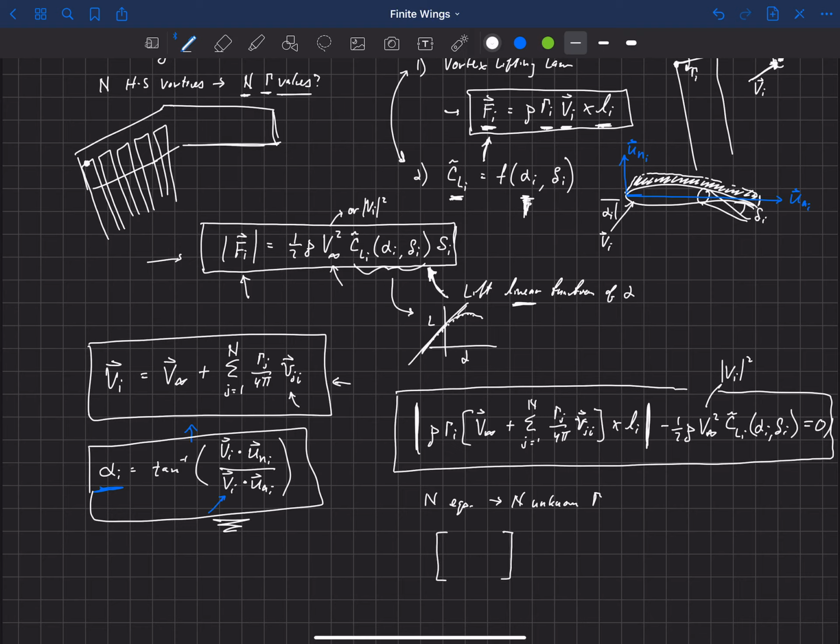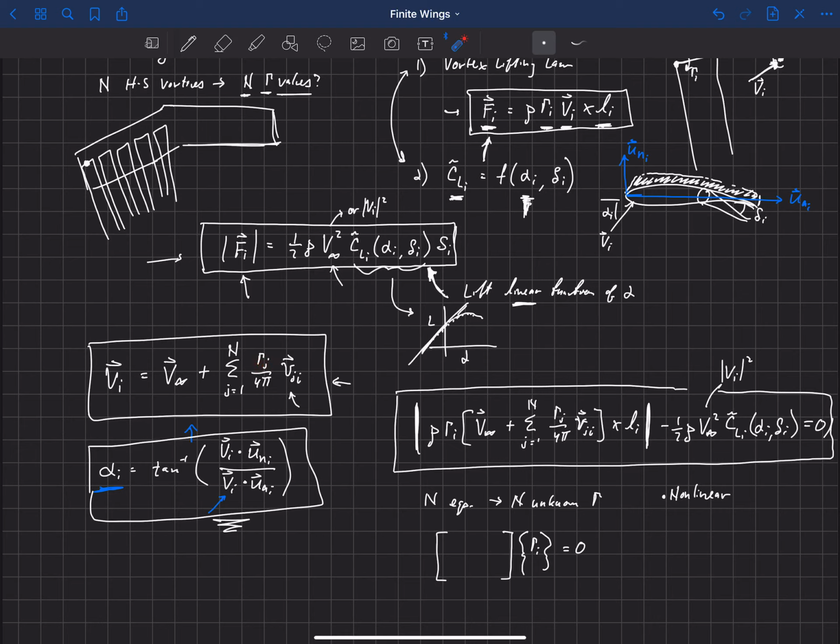Okay, so I'm just going to kind of block this out here. So we can write this as a system of equations where we're solving for gamma sub I, or our array of gammas. So our system of equations can be written something like this, where now the challenge here is that this is actually a nonlinear system, okay? That's pretty obvious because v sub I, we can see we need v sub I in order to compute our alpha, and that v sub I depends, remember, on the gamma j values. Well, we don't know what gamma j is. We're trying to solve for that.